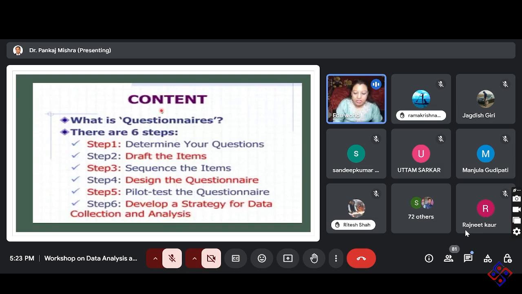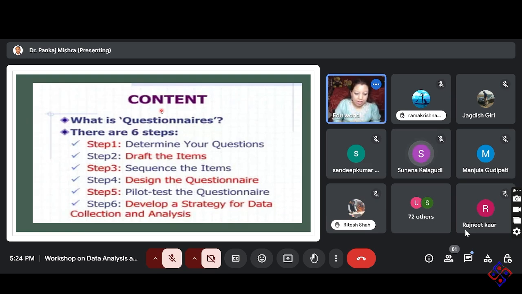Most of the time, we just frame 10 to 20 questions, whether or not they are related to our study or our objective, we don't care, and based on the concept we just frame the items. But that is not the way. Whenever we are framing the items, we have to see whether those items are actually related to our questions, objectives, and hypothesis, because our whole investigation depends on these three issues: the research questions, research objectives, and the research hypothesis. If people are not using the hypothesis, then obviously the questions and the objectives.